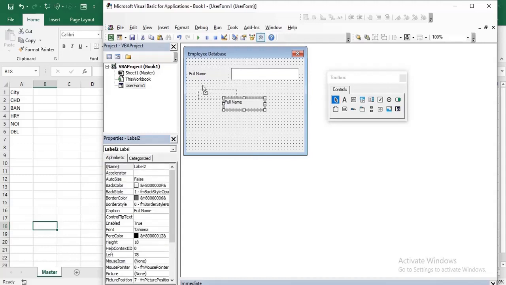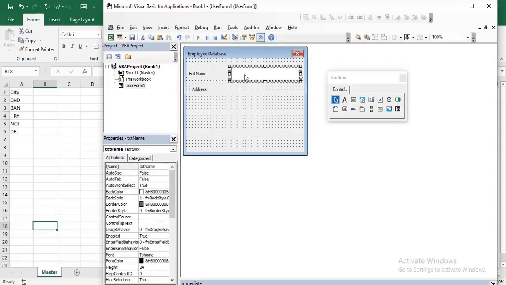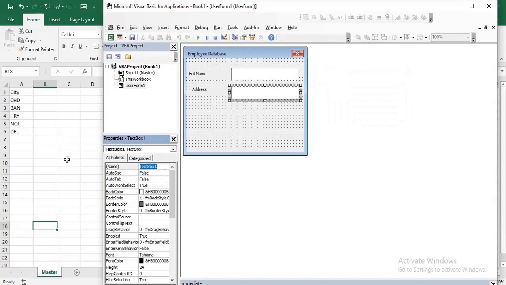Now one more label, and name this as address. This is the text box for the user to enter his address, and name this text box as txt address.